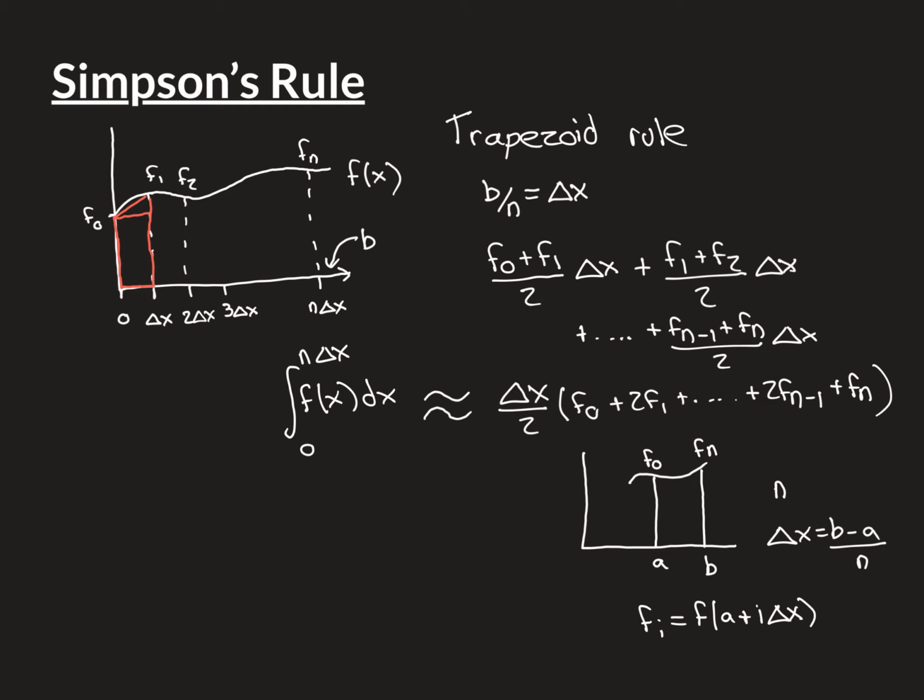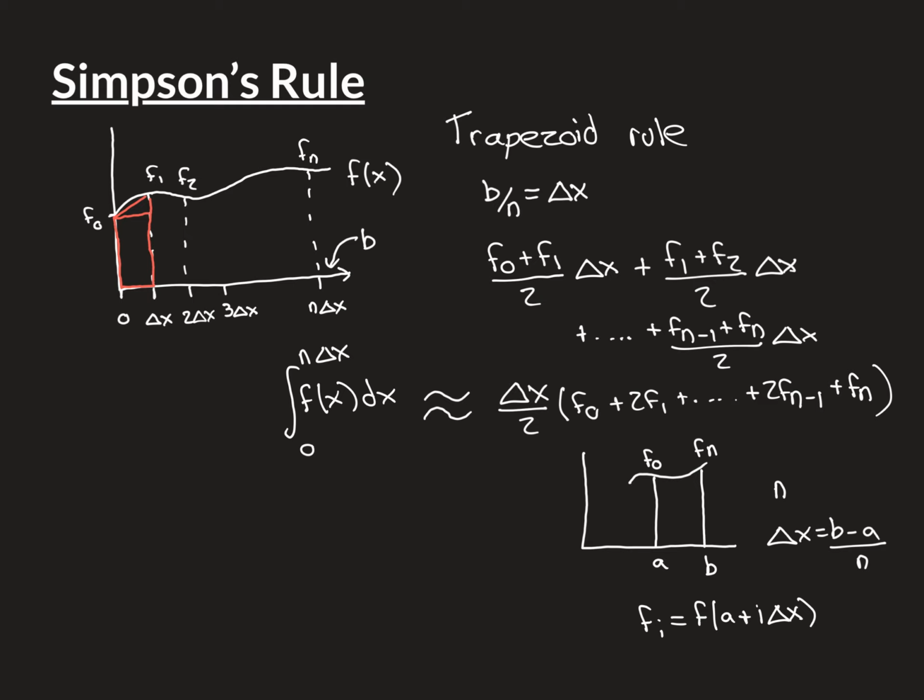We're now going to look at Simpson's rule for numerical integration, which is another way of approximating an integral. We are going to derive Simpson's rule. What we are not going to discuss in this video is which one is better, the trapezoid rule or Simpson's